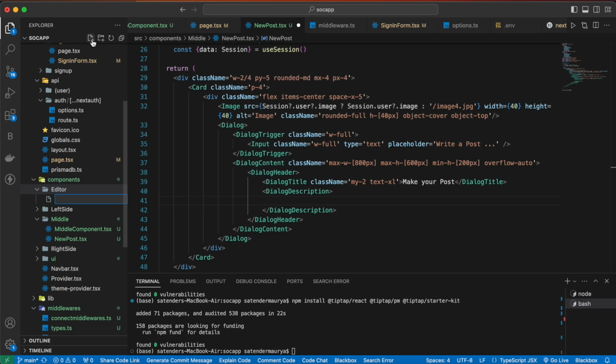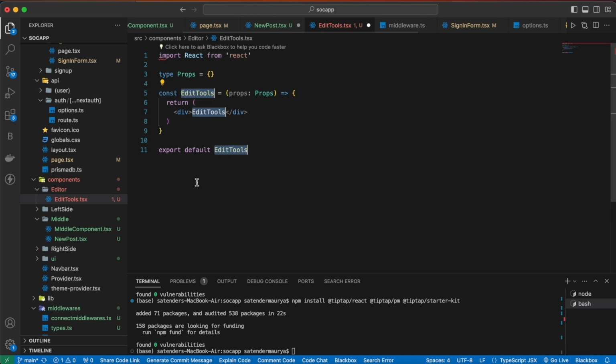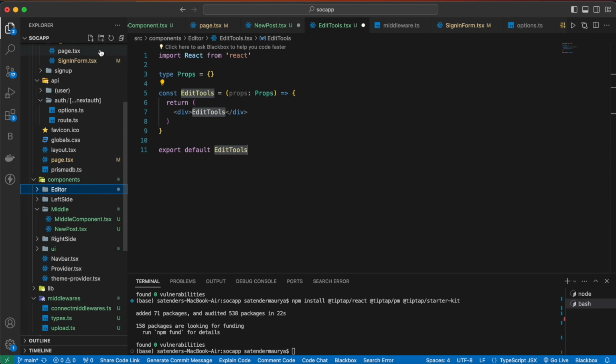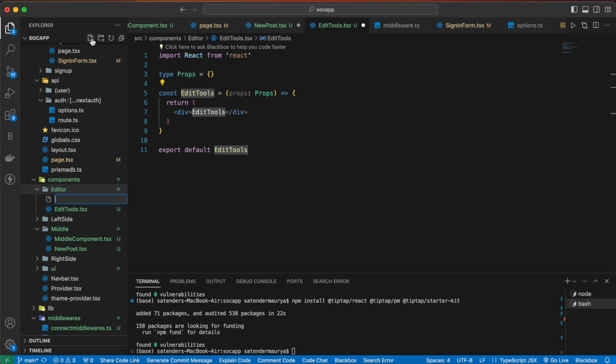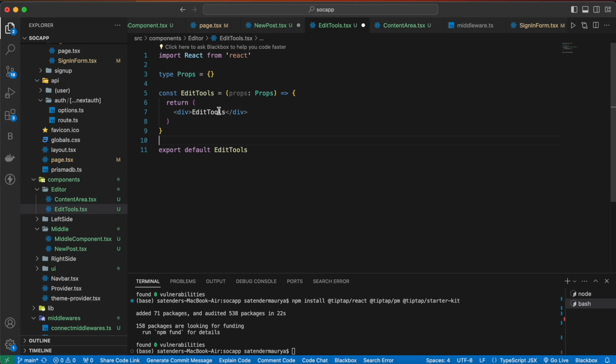and first we are going to make a file here named edit tools.tsx, and then one more file here named content area.tsx. And in this component we are going to define all our tools that we are going to use to edit our content. So let's first